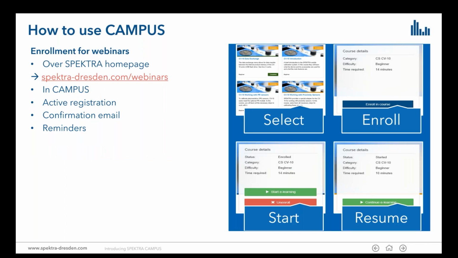How to use the campus and how to enroll for webinars. For webinars, you'll find on the Spectra homepage under spectra-dresden.com/webinars the current overview of the upcoming webinars. But if you're in the campus itself, you can filter and find the upcoming webinars. When you enroll, it's an active registration. So you have to really enroll for a webinar, and then you will get a confirmation email and also reminders